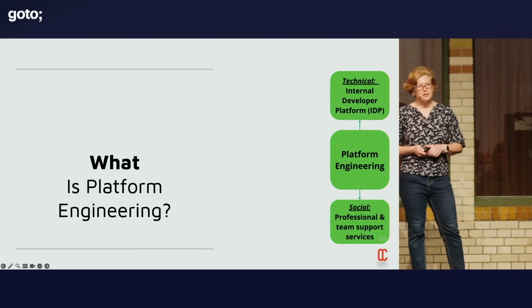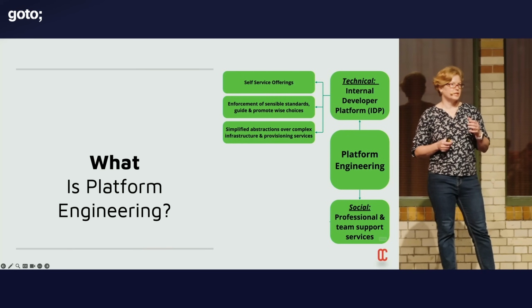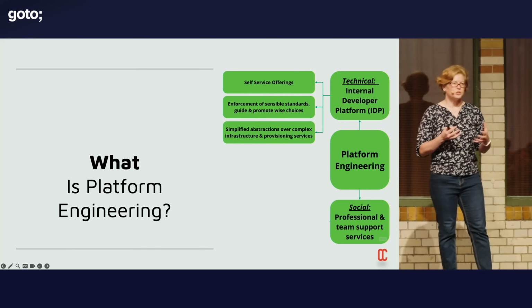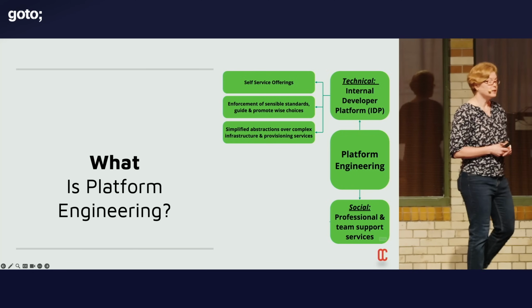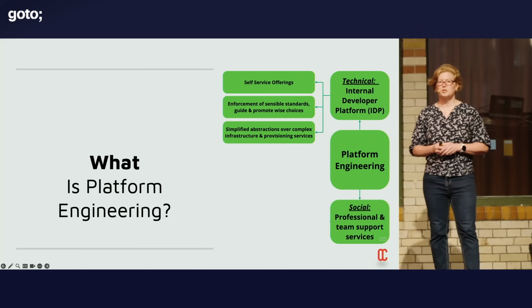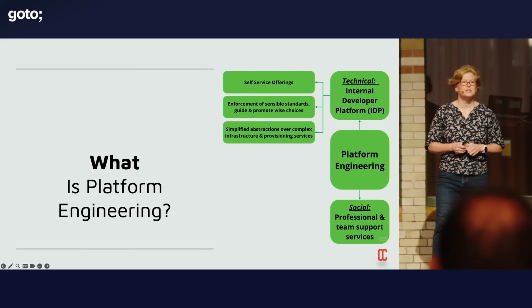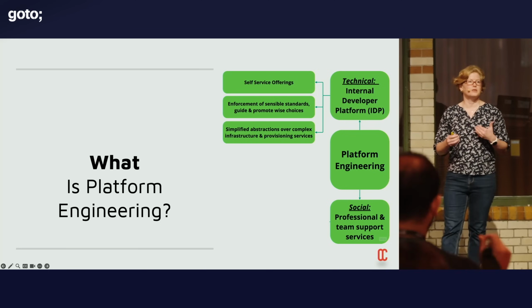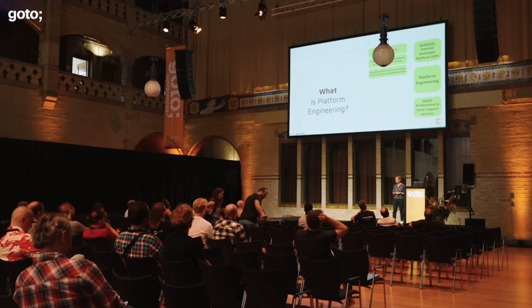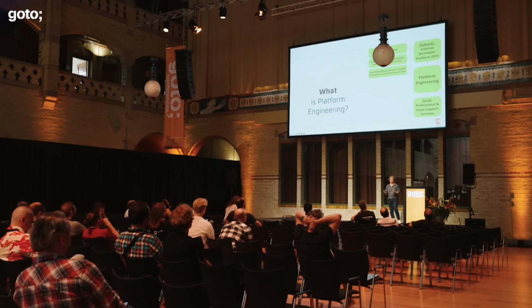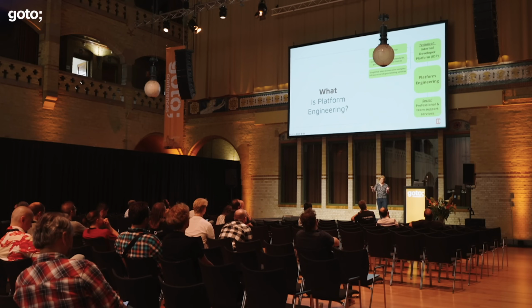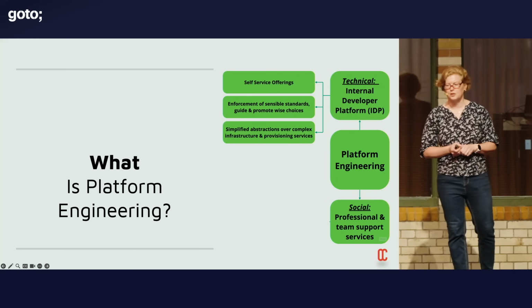Now, on the technical side, this generally involves building what's called an internal developer platform. And this will generally have certain properties or characteristics. So it'll generally be quite self-service, which means that the teams can just consume the services that they need as and when they go along. They don't necessarily have to engage with humans along the way. And it's also there to take the burden of building some of the really heavy lifting parts of the outer areas of building systems that people don't necessarily do as part of the business side of things. So, for example, building your infrastructure and your environments and doing all of this type of stuff.